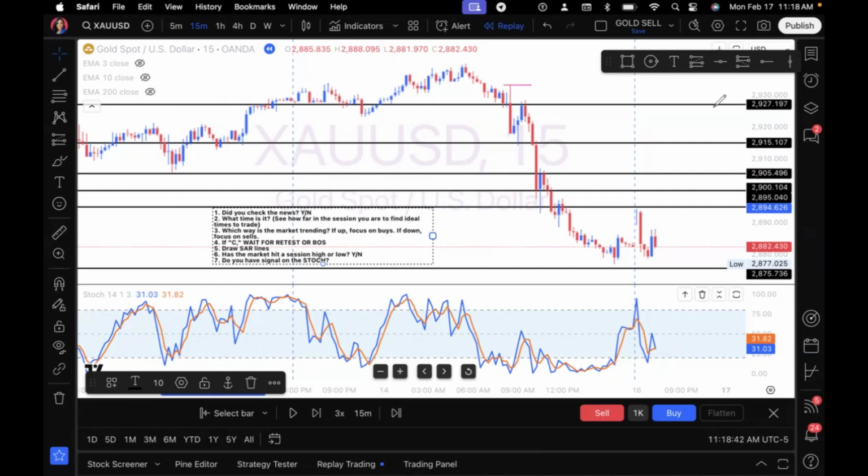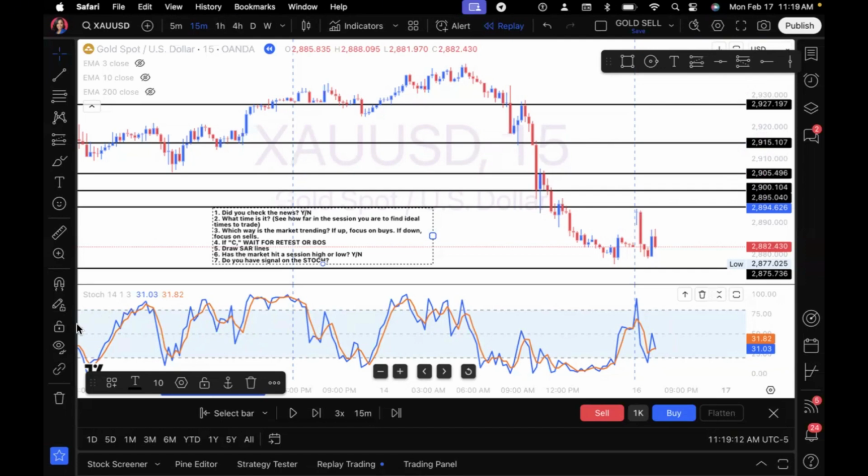We see that this was a high. Let's say price was around 2930, and then price was around 2915, 2905, 2900. Again, because the market is constantly creating these patterns, it makes it a little bit simpler for you to find potential entry and exit points. So that's really all I did, and that's why this step number 5, draw support and resistance lines, is so important, because it gives me a guide to follow.